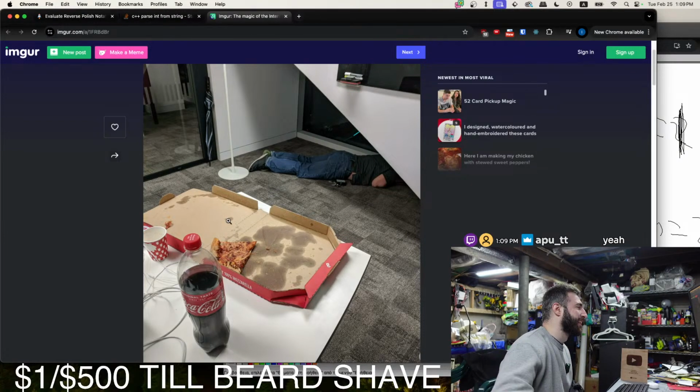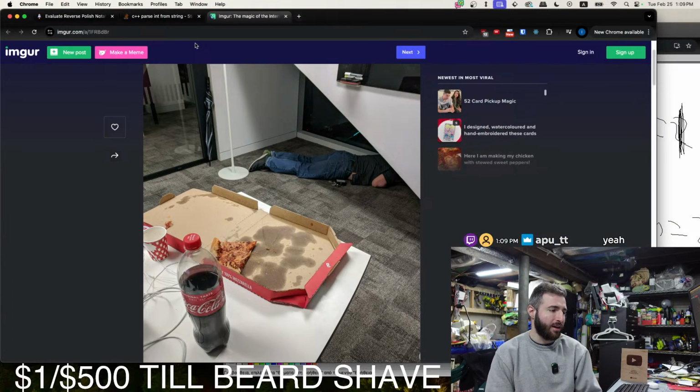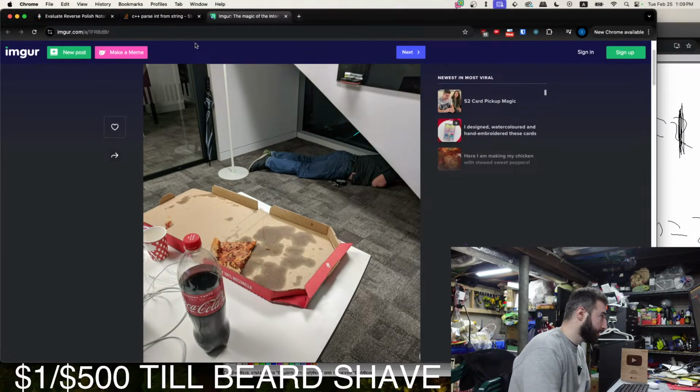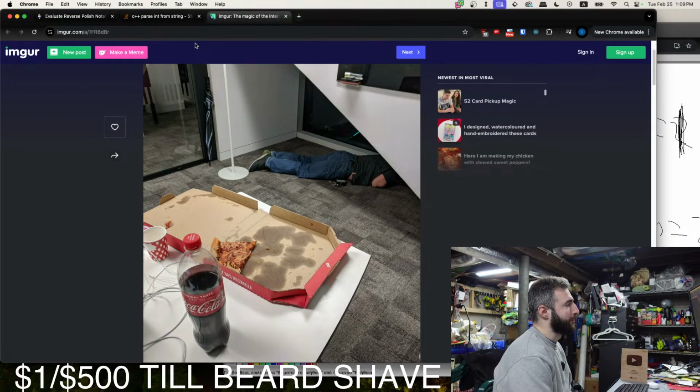That's like hackathon energy. I've never been. I've only done hackathons online because when I got into hackathons, it was COVID. So I feel like it'd be so fun to go to a hackathon and have this sort of vibe. This pizza, laying down on the floor sleeping. It's an aesthetic for sure.